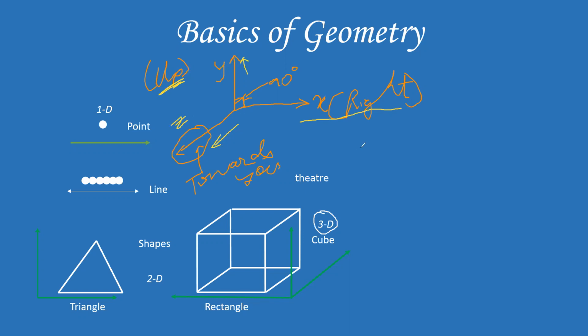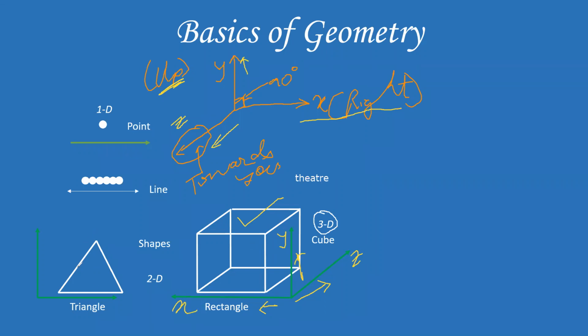So basically, dimensions means the three directions that any shape is in. If you look at a cube over here, this shape is in three directions: direction number 1, direction number 2, and direction number 3. This is the Z axis, this is the Y axis, this is the X axis. So we say that this shape is 3D.